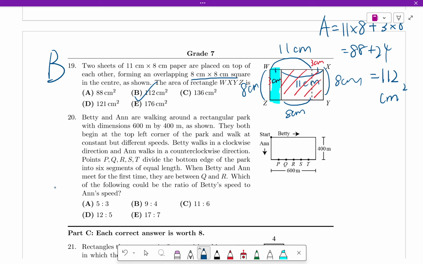When Betty and Anne meet for the first time, they are between Q and R. So they are somewhere in between here. Which of the following could be the ratio of Betty's speed to Anne's speed? So since they're in between